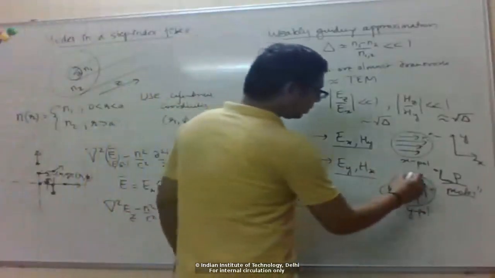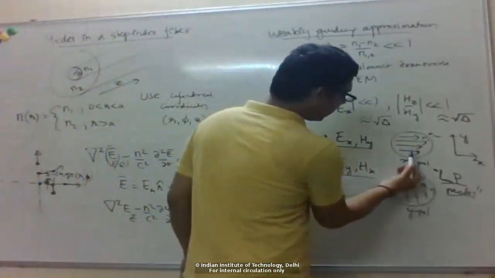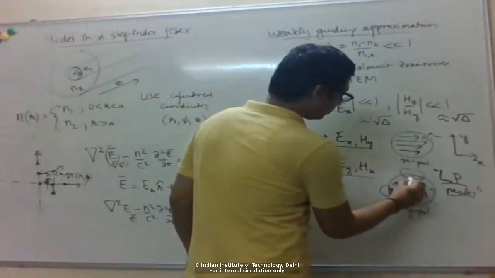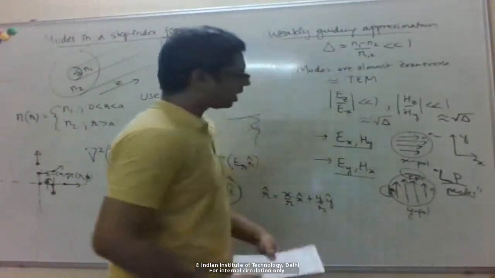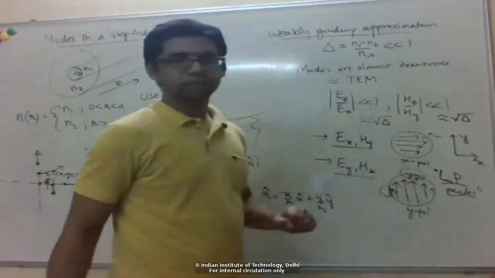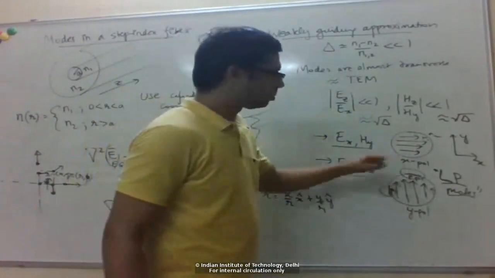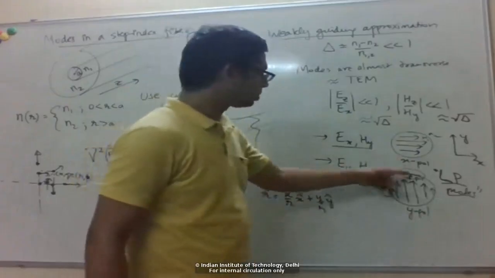But if you look at phi equal to 90 degrees, the field is actually perpendicular. So we can't use the field-is-continuous boundary condition here. We actually have to use